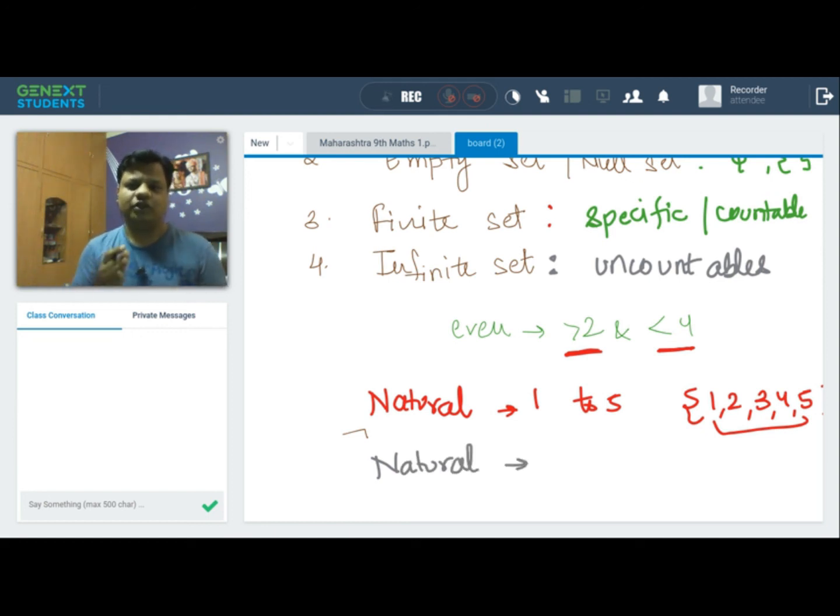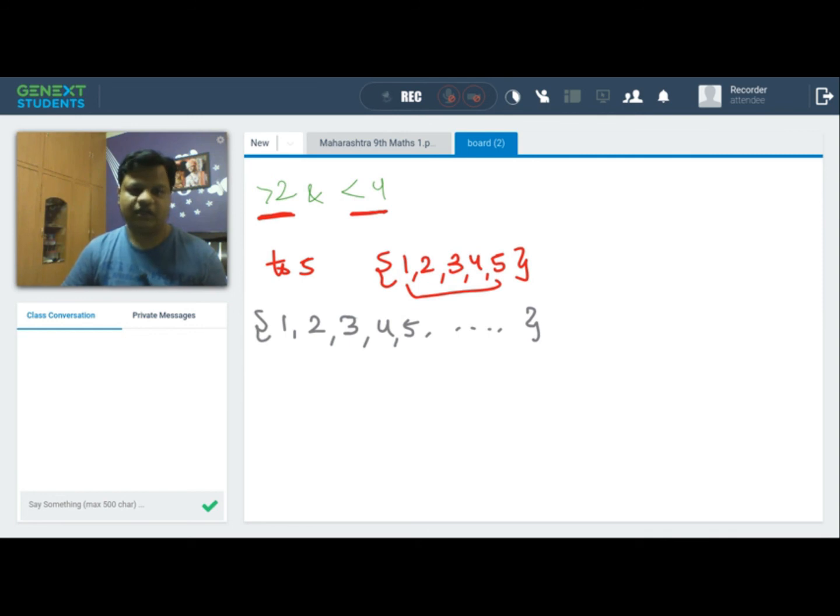If I take a particular example, you need to write all the natural numbers. The simple question is, you need to prepare a set of all the natural numbers. All the natural numbers means the numbers should start from 1. So 1, 2, 3, 4, 5, and it goes on. You can see that this particular set is going on, because the numbers are still going on: 1, 2, 3, 4, 5, 6, and it goes on like that. In this case, we do not have an exact count. We knew that the numbers would be coming, but we don't have the count of that. So a type of set in which we do not have a particular count of how many elements or objects would be coming in the curly braces is known as an infinite set.